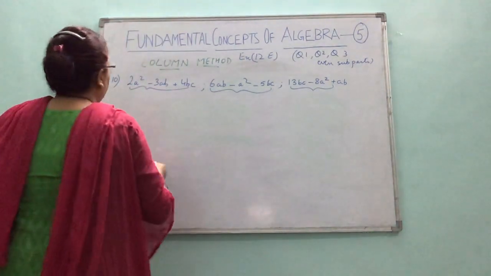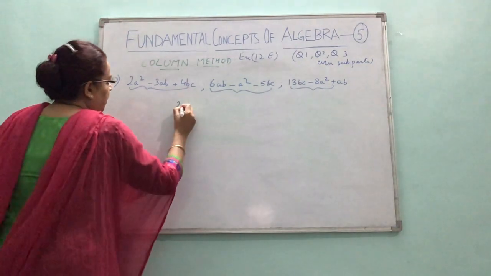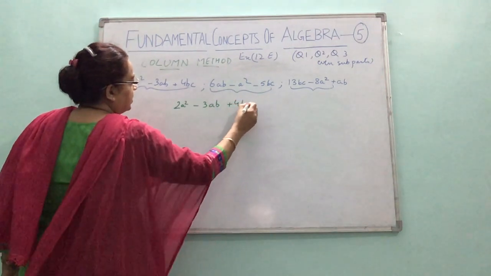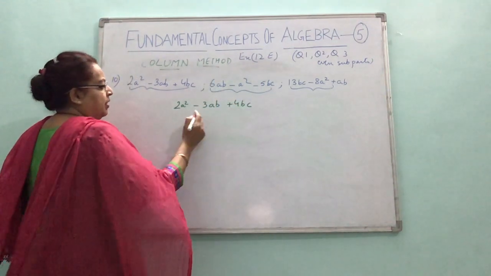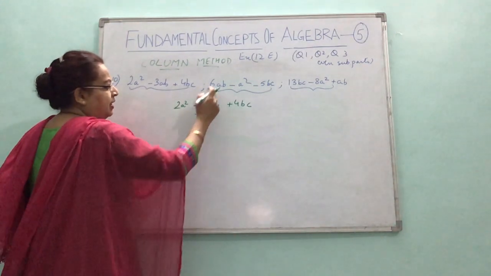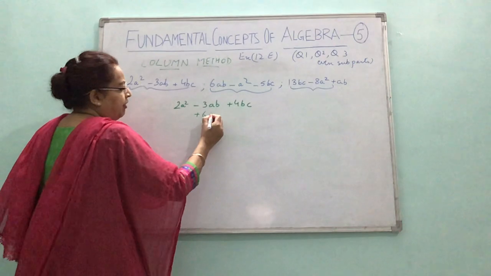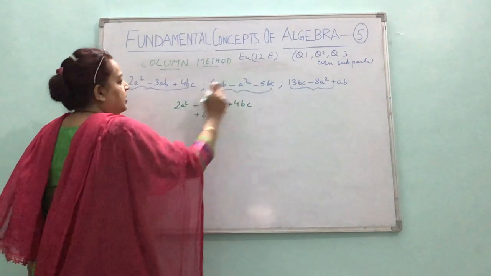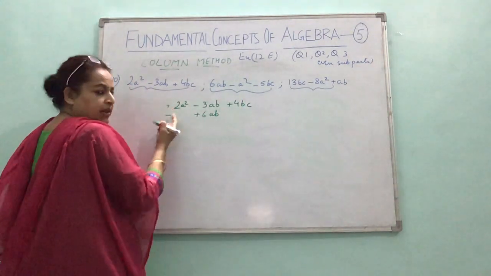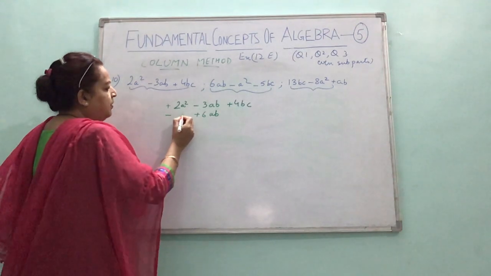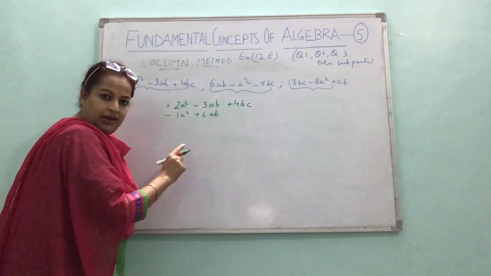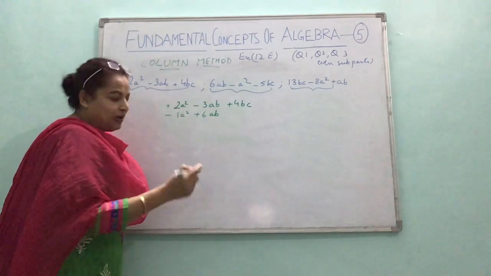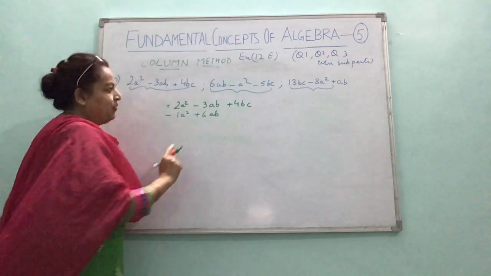So the first expression I'll copy as such: 2a square minus 3ab plus 4bc. The ab term should be here. So plus sign underneath sign, integer underneath integer, literal coefficient underneath literal coefficient. Follow systematic order. A square. So minus sign underneath sign. 1 we don't write, but if you have difficulty, you can put 1. Although it is not required, because if there is a square, that means there is only one a square, but you can write 1 if it helps you out, right?